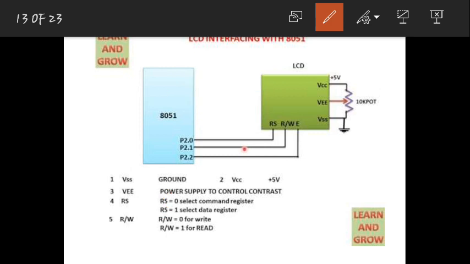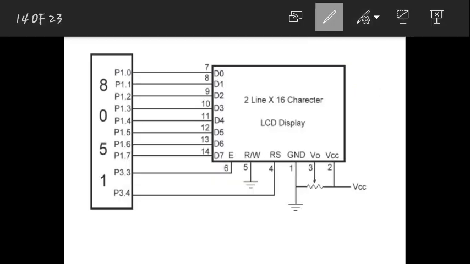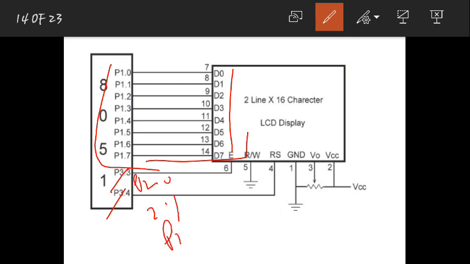So here you have a clear interfacing. See here, these are all 8 data pins connected to port 1. And here, just ignore them, take it that these are connected to port 2.0, 2.1, 2.2 as in the previous picture. Because if you interface one port and in the programming you write some other port, then that will be wrong. So whatever ports you are using to interface the LCD in this diagram, the same should be mentioned in your program, only then it works, right?